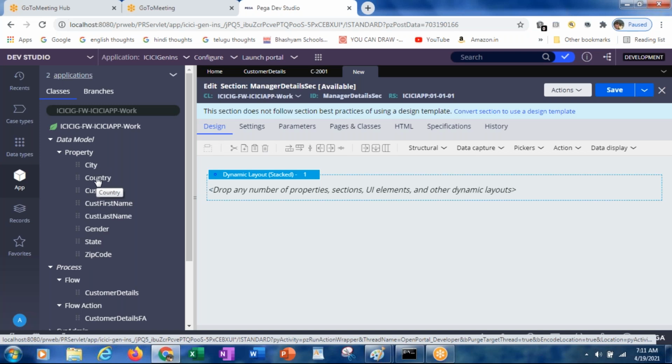But these properties belong to what? Customer details. So for the manager, what do you have to do? You again have to create other properties.